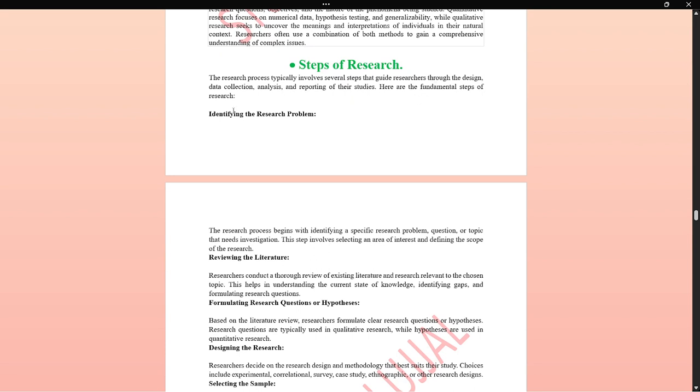Steps of the research. Identify the problem first. If you are a researcher, you have to identify the research problem first: what you are going to do research on. Suppose you have new drugs. New drugs is your problem. So you can search on the internet, research papers, news articles, those things you can see. Now, this drug addiction: why it happens, which category of people are mostly affected, how they are affected. You will find many papers.